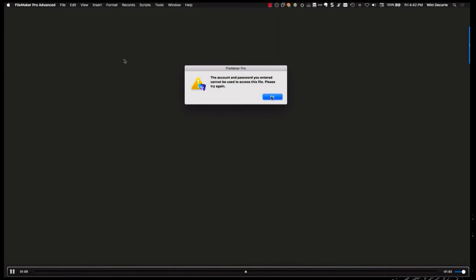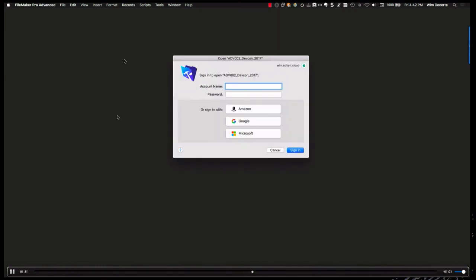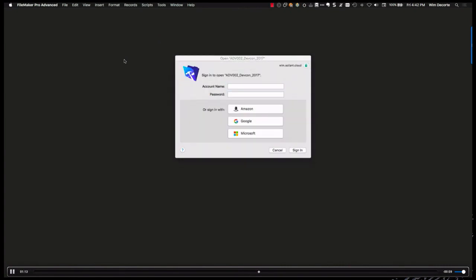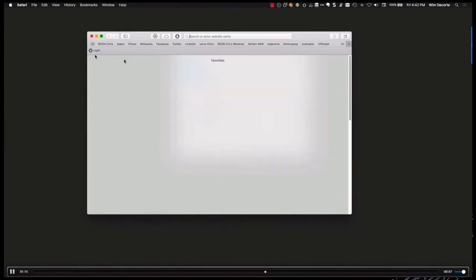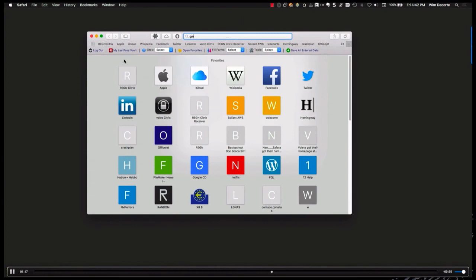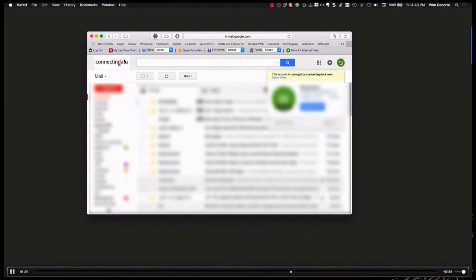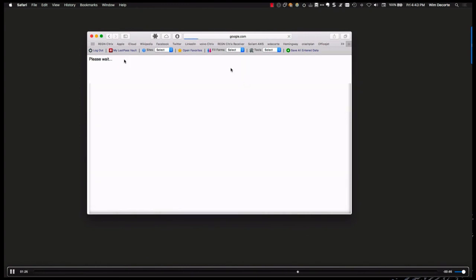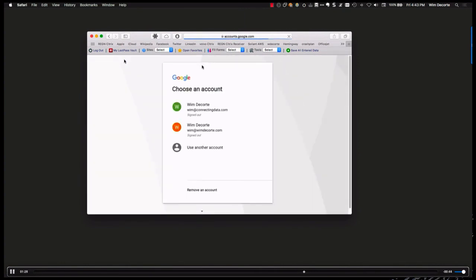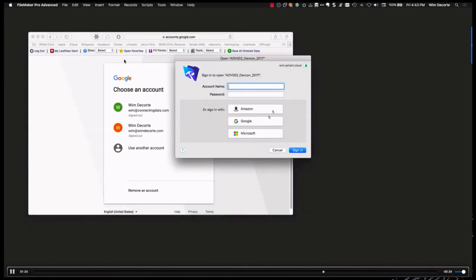But I had just set up that account, right? So what happened is, and my browser wasn't even open, right? Safari is my default browser on that machine, right? So if I go to Gmail, which is owned by Google, and I log in, you'd see that it didn't ask me for any credentials either, right? So what happened here is I had cached credentials, right? I was logged into my browser with another Google account. And even though my browser was closed,